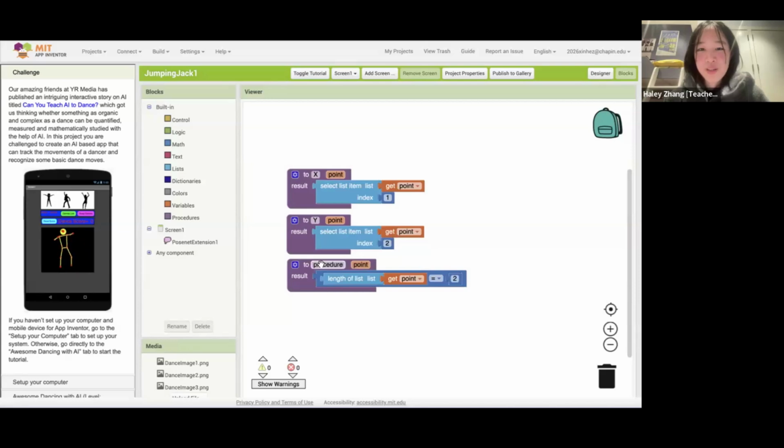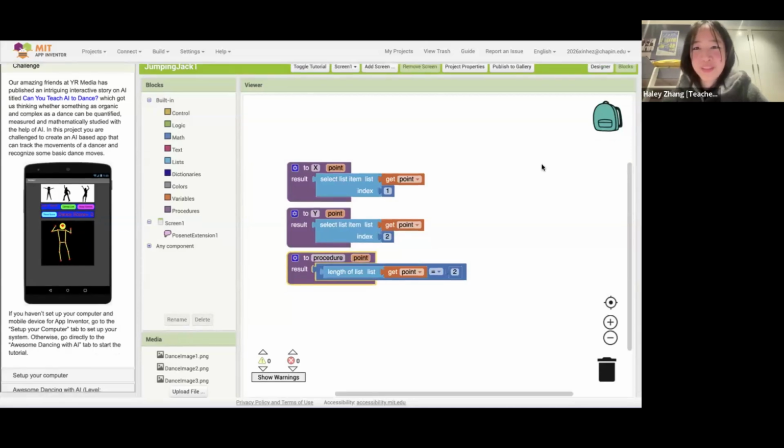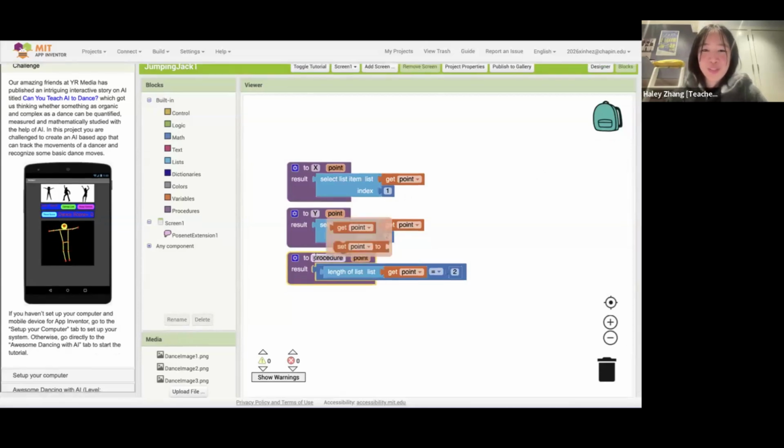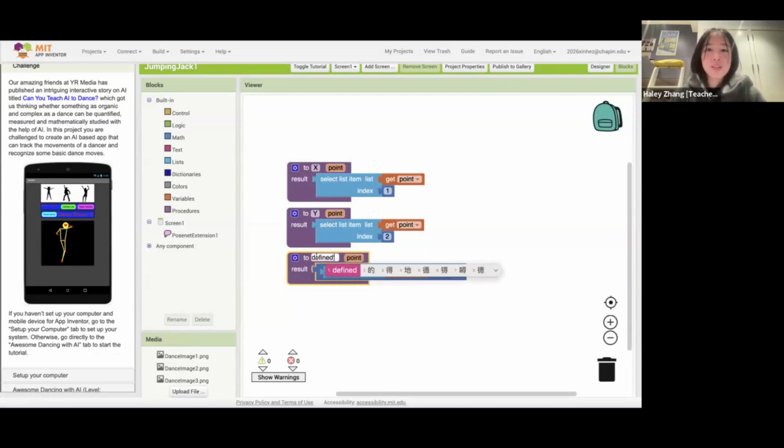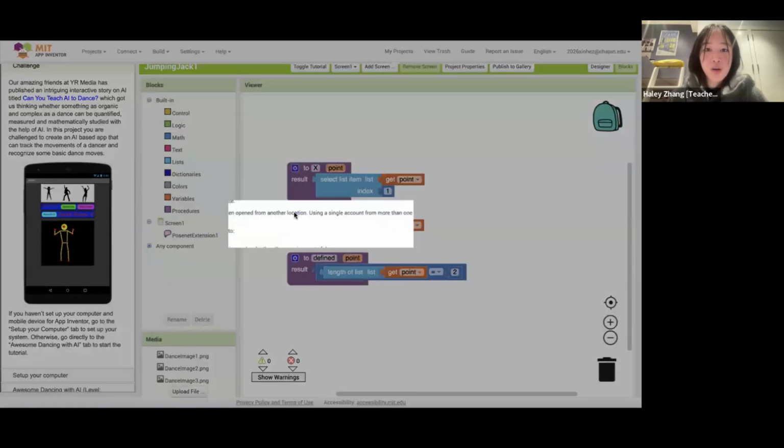Again, thank you, Yumeng. For this procedure you can just call it defined because with this thing we are just defining the points. Okay. And you get the points from